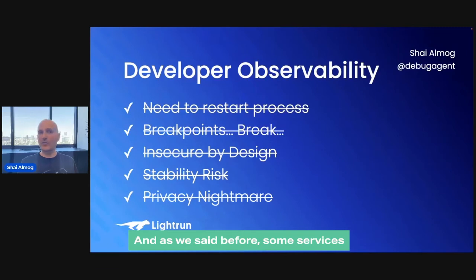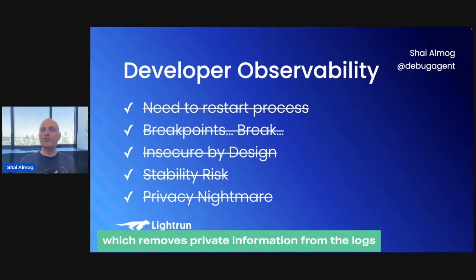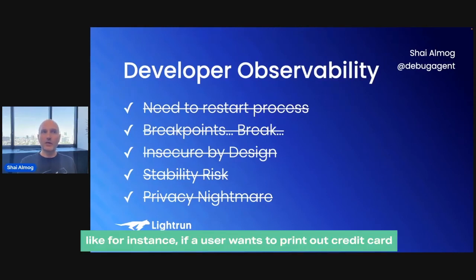And as we said before, some services like Lightrun support features like PII reduction, which removes private information from the logs. Like, for instance, if a user wants to print out credit card numbers, or does that by mistake.